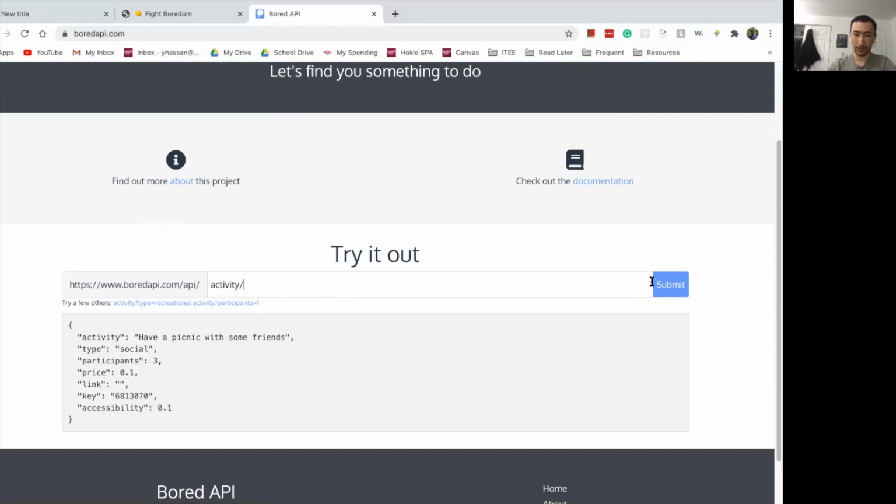If I make a request without passing in any arguments, it's just going to give me some kind of random activity. But if I provide the type of activity, let's say recreational,